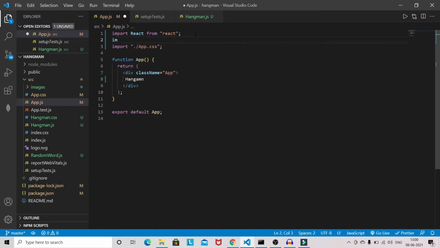Sorry, React is already imported. So import Hangman from hangman, and I will paste it here. Let's see the result in the browser.